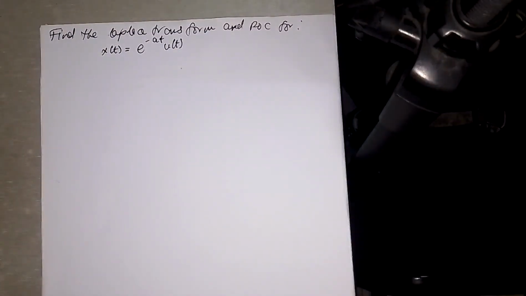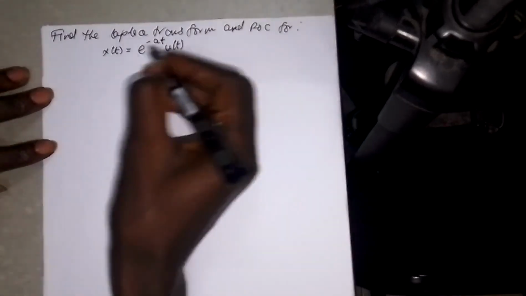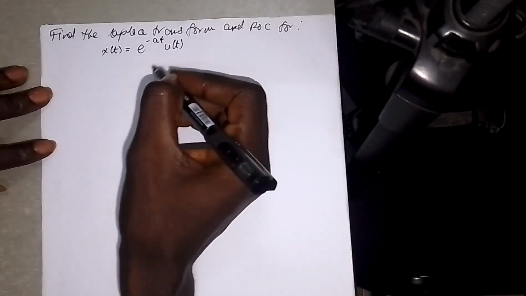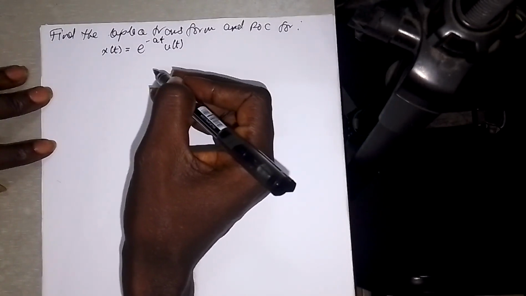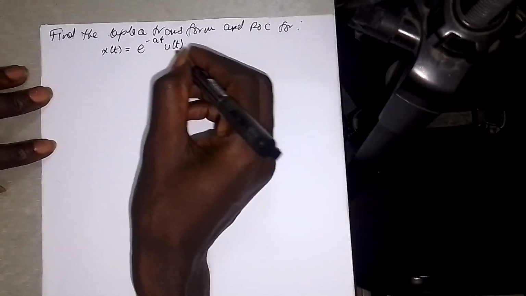So still on signals and systems, treating Laplace transforms. Let's find a solution to this question. Here x of t is equal to e exponent minus at into u of t. Okay, so the first thing I think we should do is to plot our unit step signal, which is